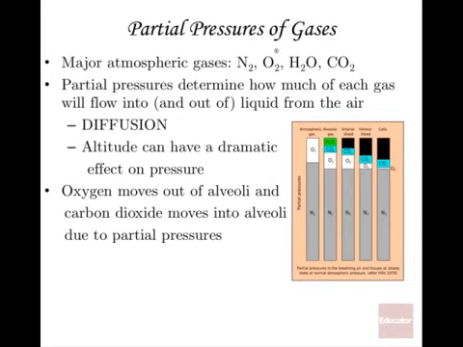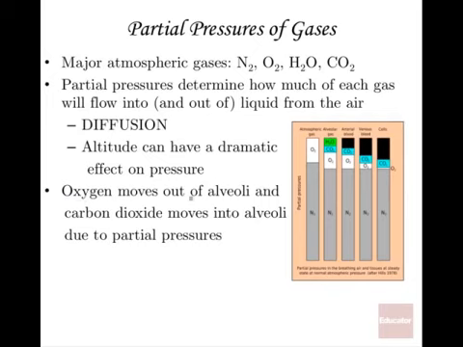So the partial pressure of oxygen at that altitude is much less. So the amount of oxygen going into the liquid layers of the alveoli is going to be less. People end up having to take more inhalations to accommodate and to get that oxygen in there. And that can lead to, like I was just explaining, shortness of breath, lightheadedness. People are more likely to pass out from having less oxygen entering their lungs. So altitude is definitely a player, and that makes sense in terms of partial pressures.